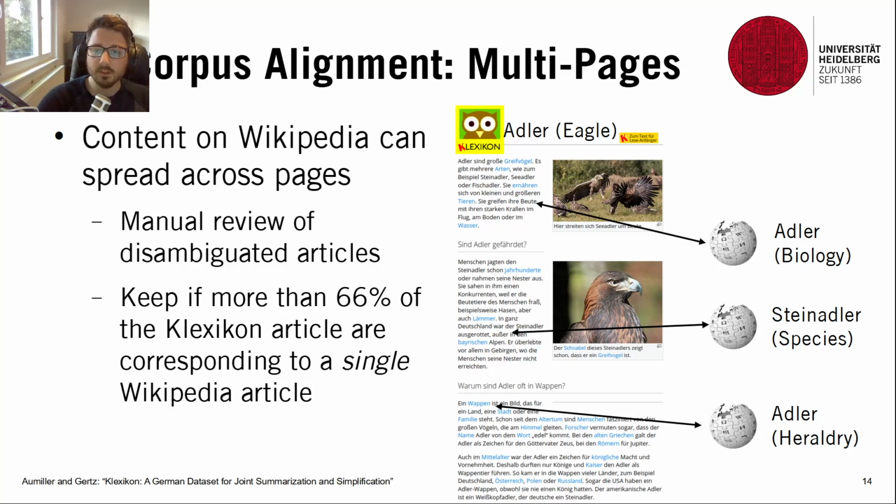The heuristic that we use to decide whether those are suitable training samples or not is simply judging on a paragraph basis whether about 2/3 of the Klexikon entry can be described by a singular Wikipedia page. So for example here, with 3 different paragraphs from 3 different websites, this is not given, and we would then discard the sample in the end after all.